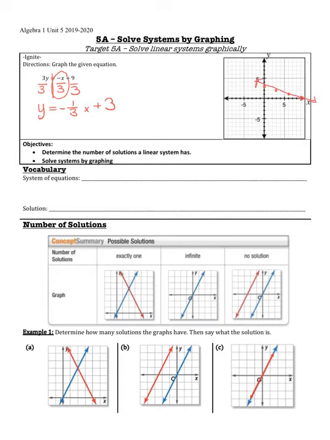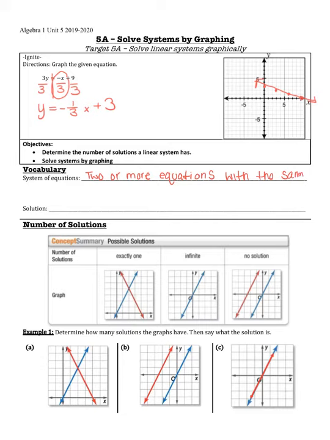So we reviewed this because we're primarily, actually fully, going to look at graphing in this video. Like I said, the whole unit's about systems of equations. And so a system of equations is simply put two or more equations with the same